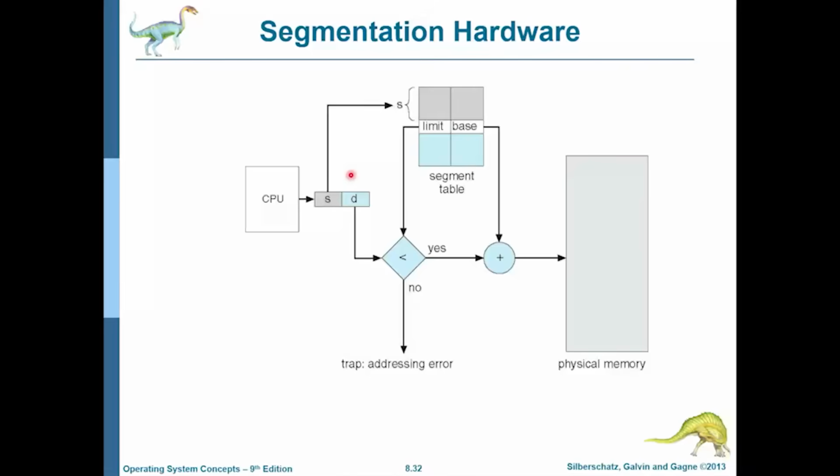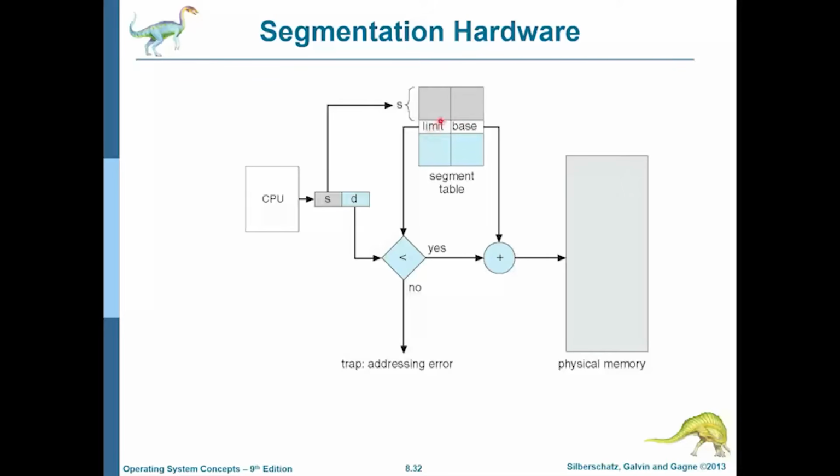So we will go to the next slide to figure out how segmentation works in the segmentation hardware. And I've already talked about most of these things. So the CPU generates logical addresses. The left parts, the most significant parts, will be used to look into a segment table. So the segment table is like this, and since the segment number is S, we start at the beginning, and we go S number of entries into the segment table because it is segment number S. So this gap is S, and we figure out the limit and the base for that segment.